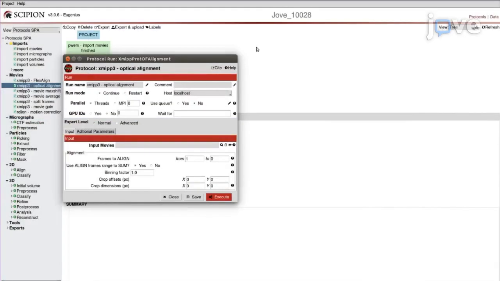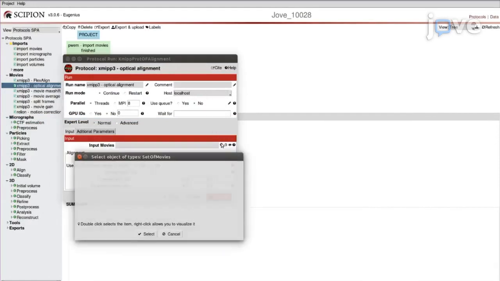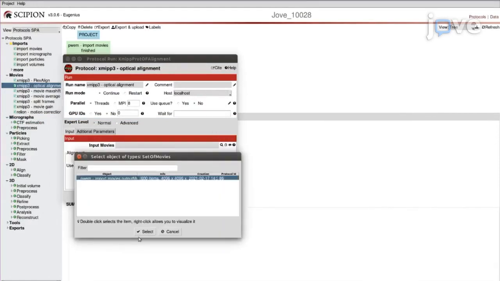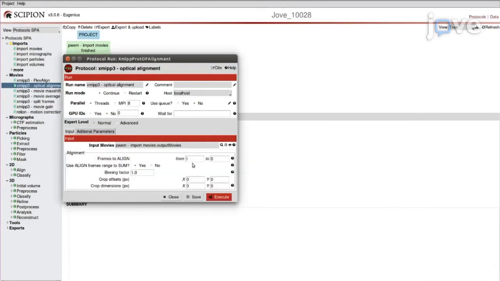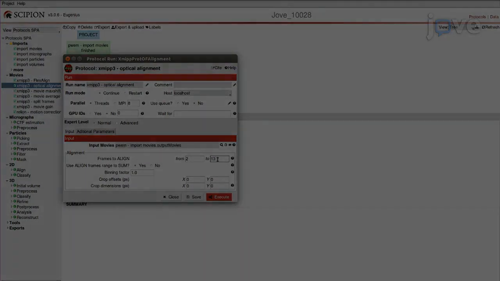To run the optical flow method for movie alignment, open XMipp3 optical alignment method and select the imported movies as the input movies and set the frames to align range from 2 to 13. Under additional parameters,